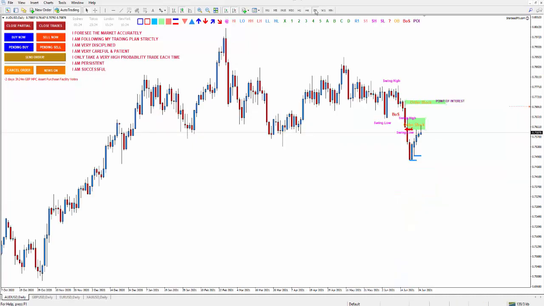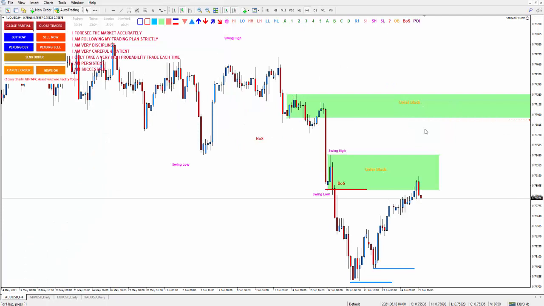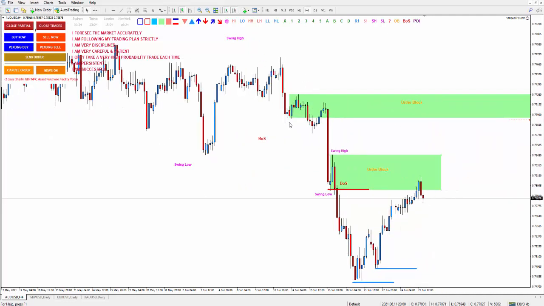I usually just pick up the original one and set an alert here, and then when the alert goes off, I take a look at the lower time frame and then I adjust. Because what happens sometimes after you refine, it didn't get hit by the price because you over-refined your order block too small, where actually the market could go back around here and then make its way down there, and it didn't hit